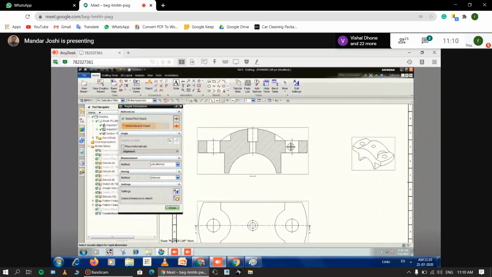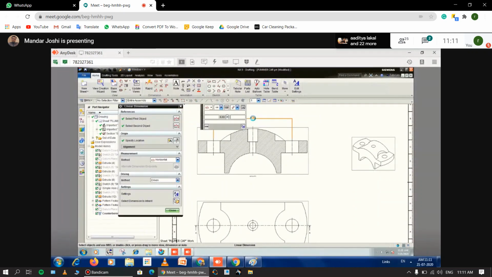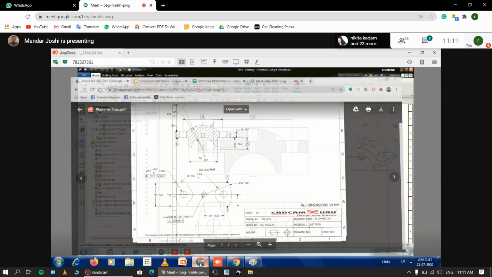Select this line. This line. This is our regular size, 78. And now to put it in a box, double click on it. Here in the drop down list, you will see the box, the last button. When you double click on the size, this option will appear. Then here I take the box. Then close.